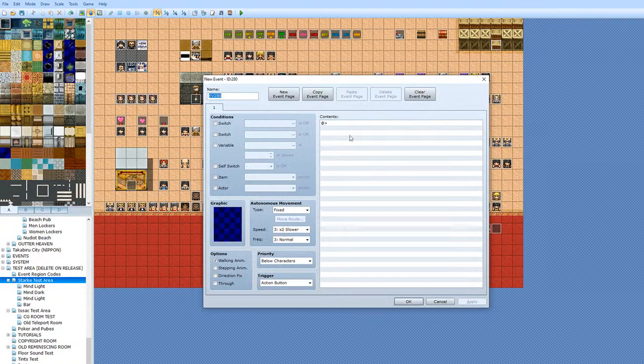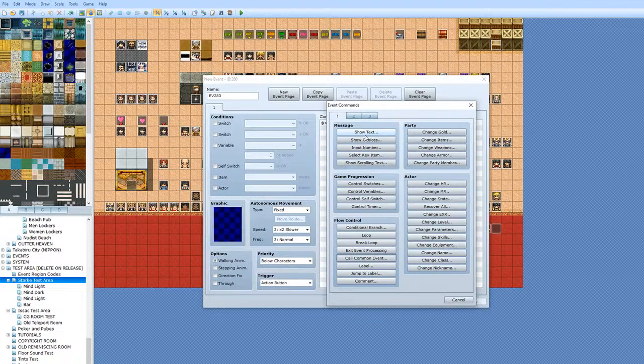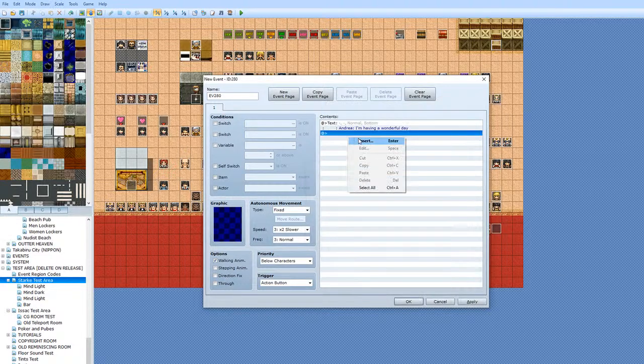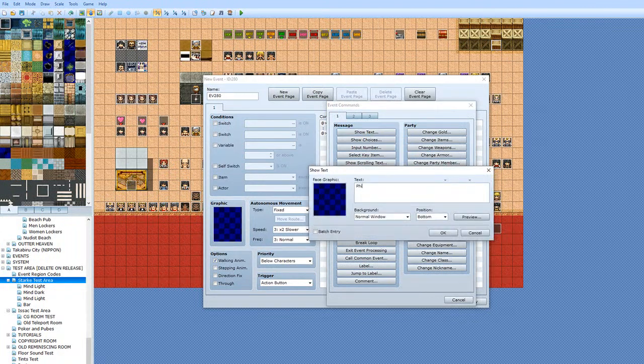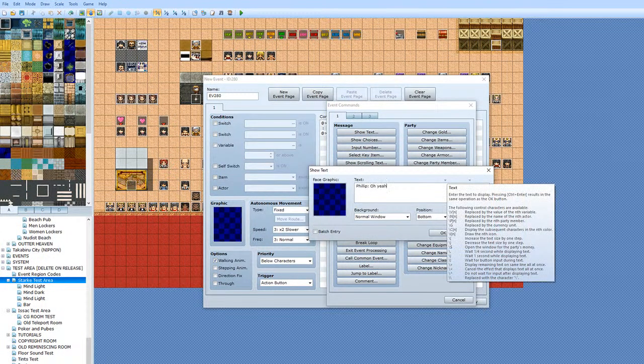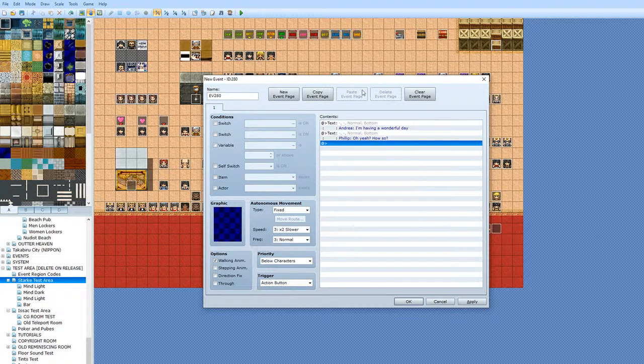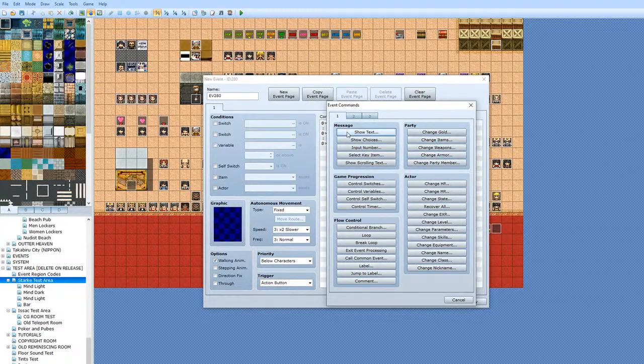So most of your game is going to be comprised of something like show text, which is the characters talking. Let's say your character is called Andrea. Andrea: I'm having a wonderful day. And then you have Philip saying, oh yeah, also. And then your game is going to go through all these lines of dialogue every time the player presses enter. Then you can have something like